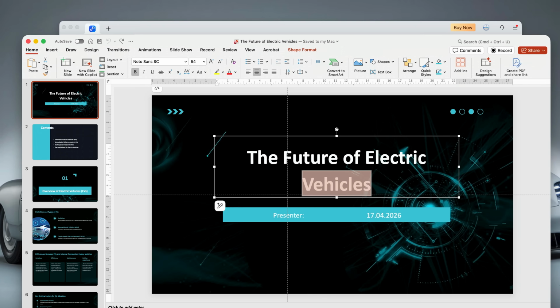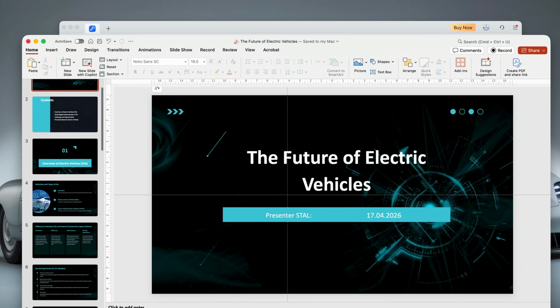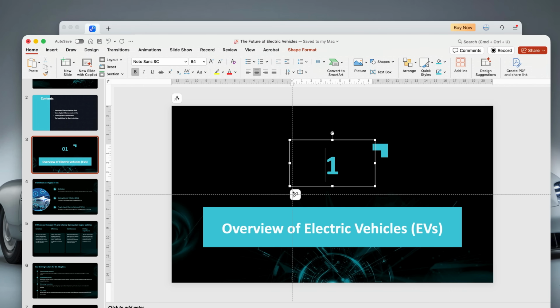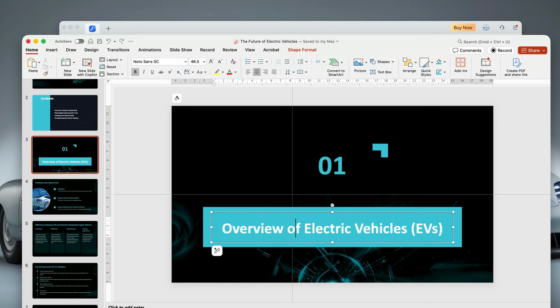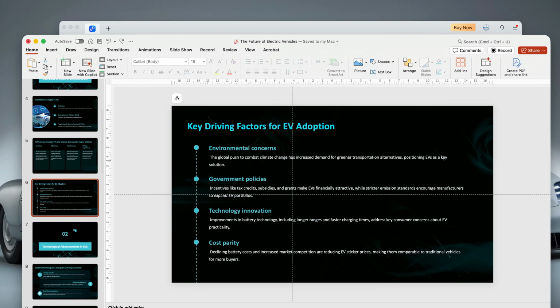Now guys, in terms of accuracy, it does a really solid job. Headings are where you'd expect them. Bullet points are intact and the overall structure is well preserved. Now, you might get the odd font swap or slight spacing tweak, but realistically, if you do, you're only fixing small details. You're not rebuilding everything. And that's the real value here, time. Because what would normally take you 20 to 30 minutes to recreate manually, this gets you most of the way in just a few